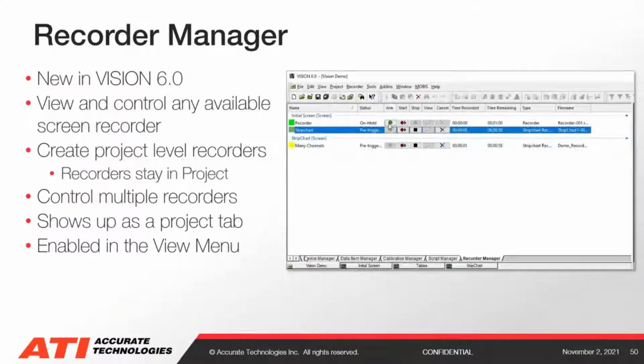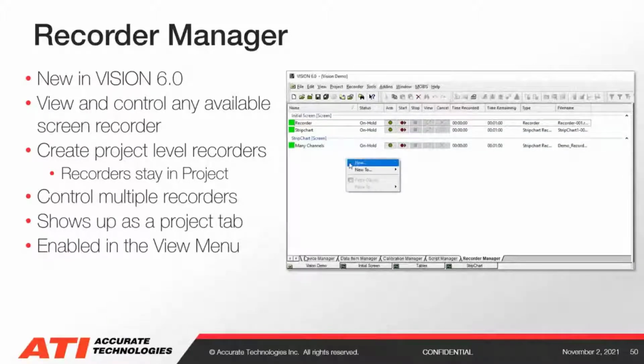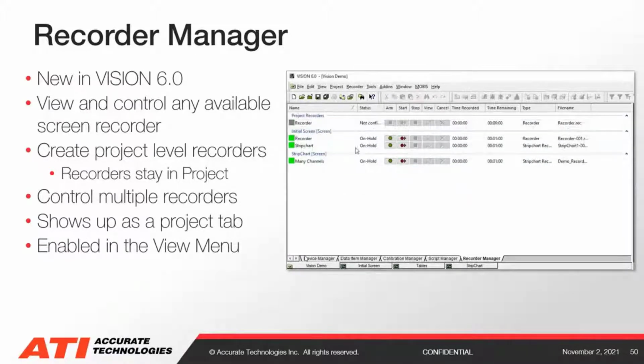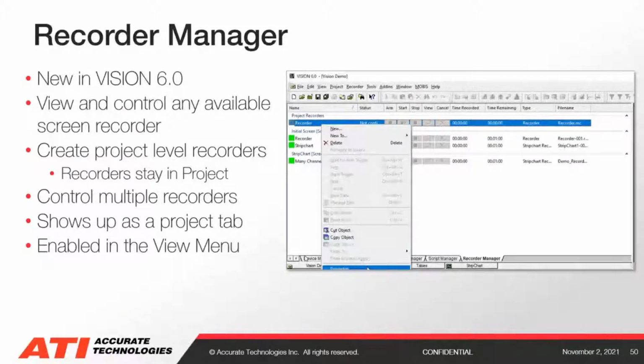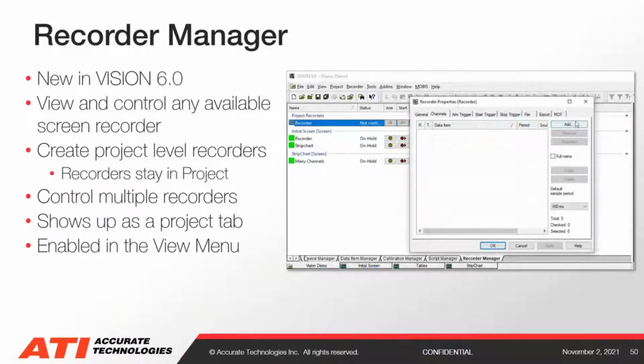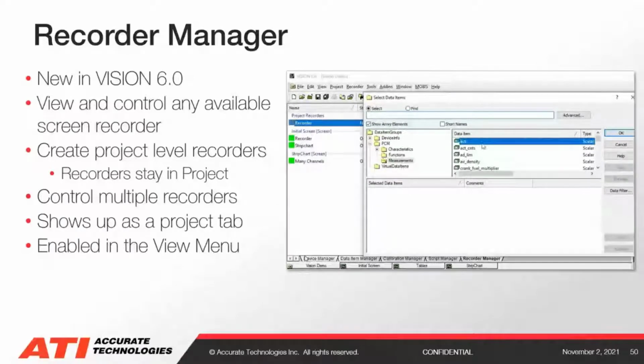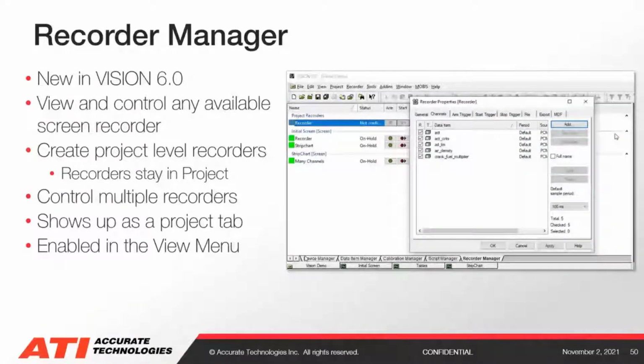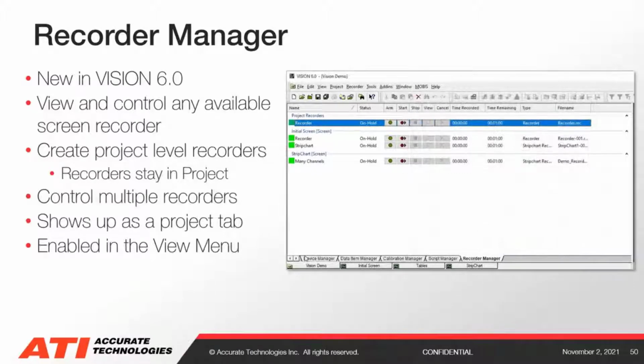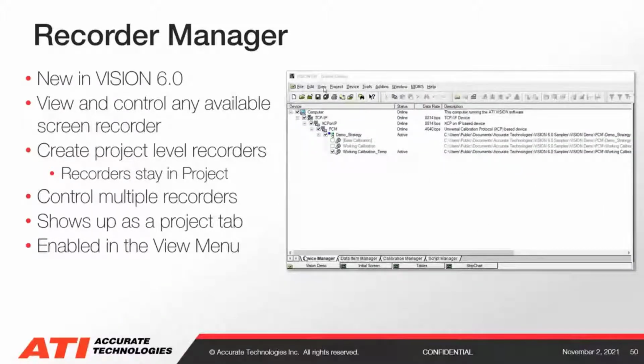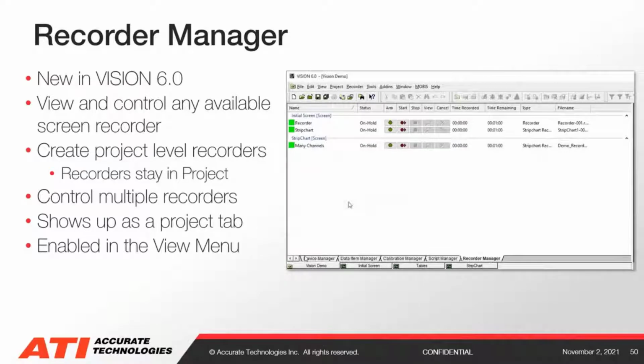So I've seen some customers use this kind of as a master recorder, I guess you can call it. If you're distributing out a project to a bunch of team members, they might have their own screen files and record the data that they care about. But if you, as the manager or whomever, want certain data to be recorded for each project, you can set